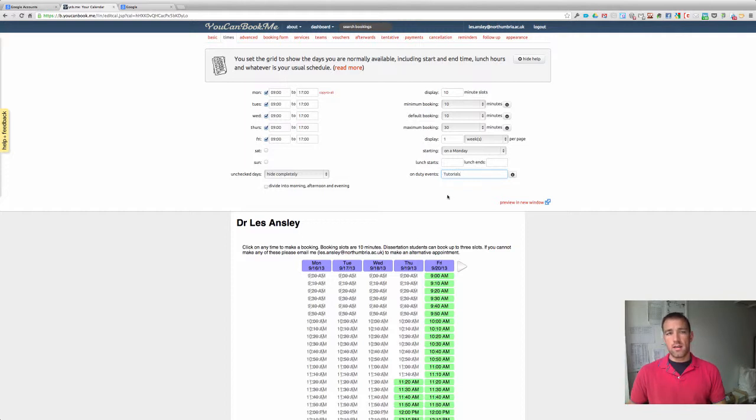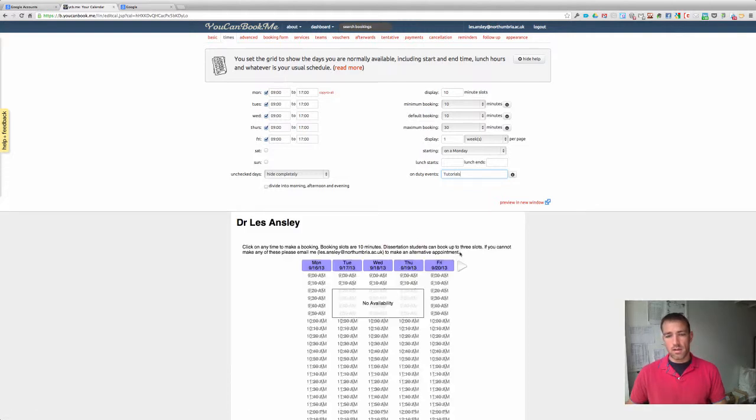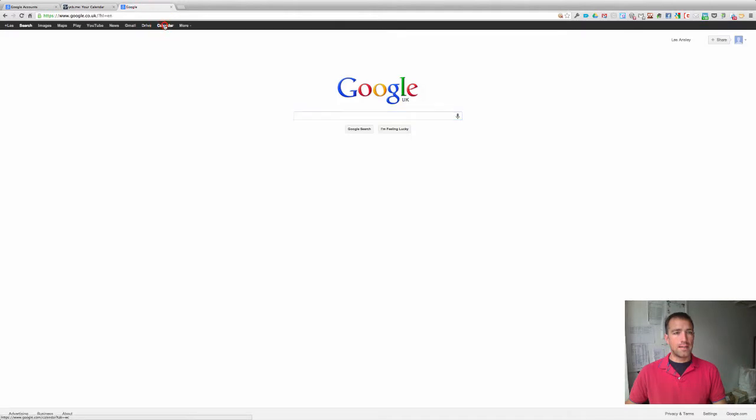then this software, or this app, will search your Google Calendar and will only populate your tutorial calendar with the time frames that you've put in your Google Calendar as tutorials. And so if we go back to our Google Calendar here, we go into Calendar,